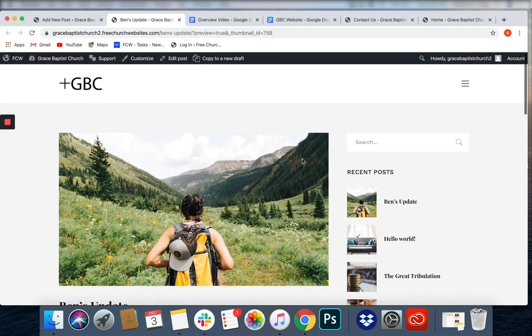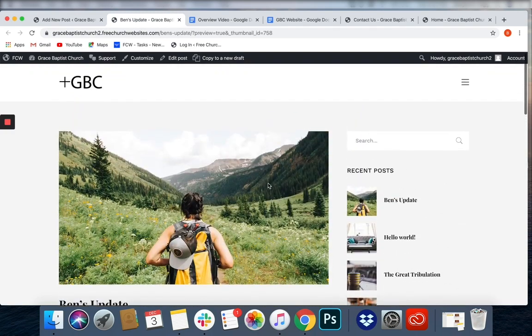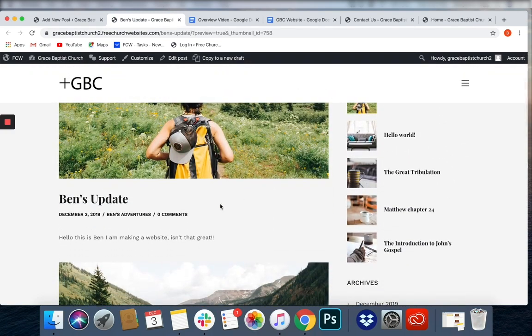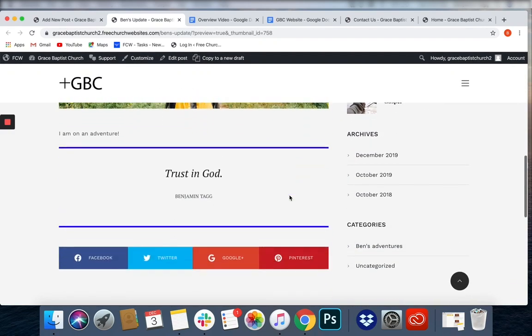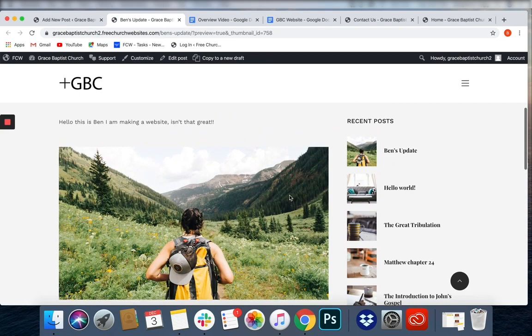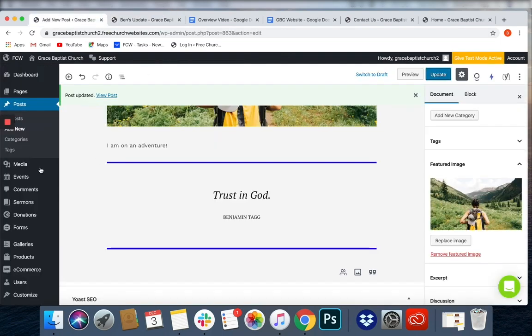See, the featured image makes an image there and an image at the top there. Even though this looks a bit strange now, this is just to show you the format of how this all works. So as I said, if you want to just have a nice blog format, we've already got that in there. So you might want to just go to the posts